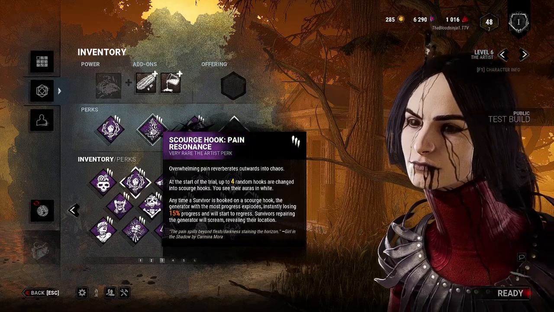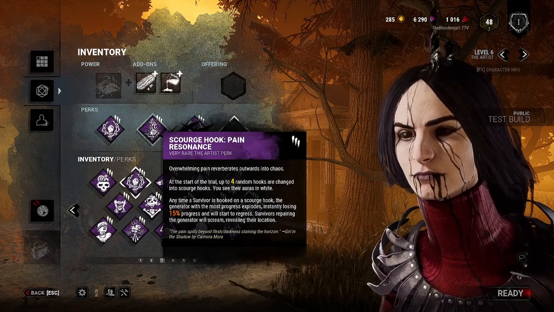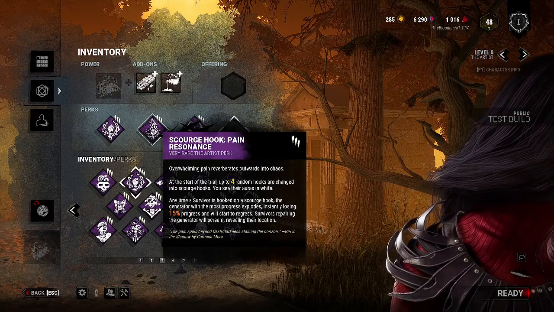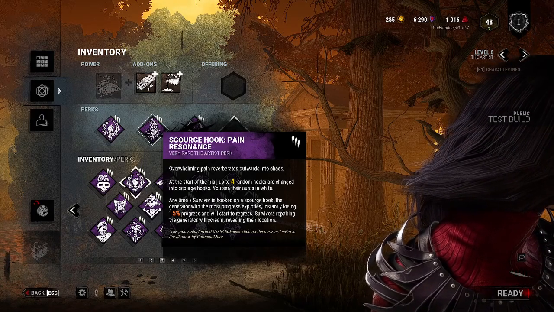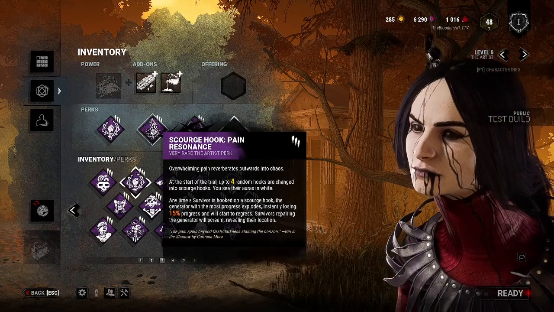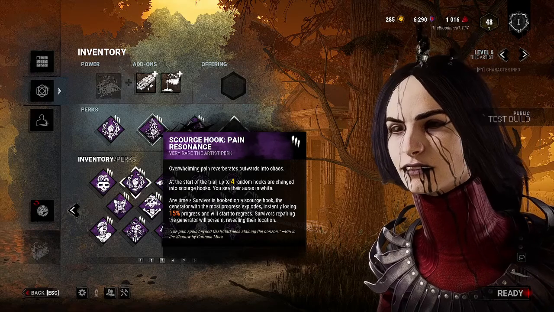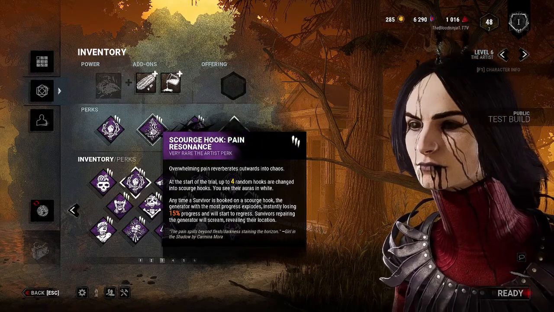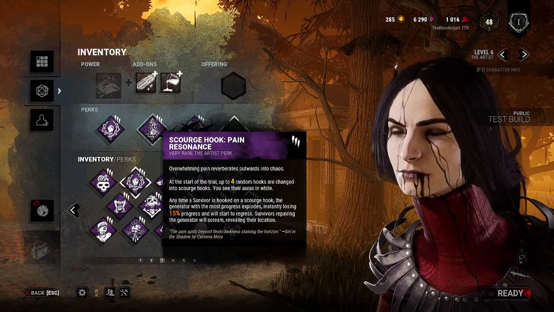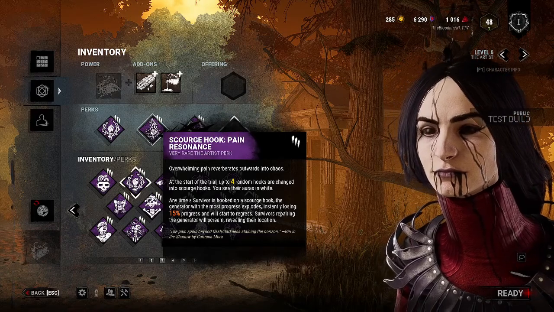Next we got Scourge Hook of Pain. At the start of the trial, up to 4 random hooks are changed into Scourge Hooks, which is, you know, like Pyramid Head's perk. You see the auras in white. Anytime a survivor is hooked on a Scourge Hook, the generator with the most progression explodes, instantly losing 15% progress and will start to regress. Survivors repairing the generator will scream, revealing their location. This, I think, is going to be extremely good, especially if you have